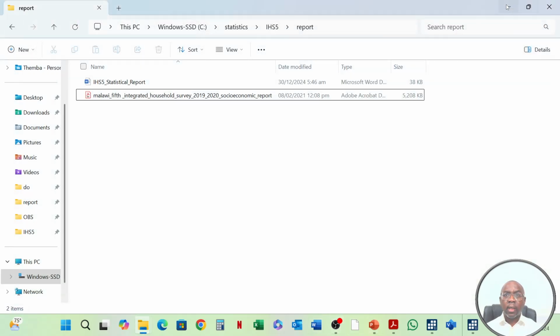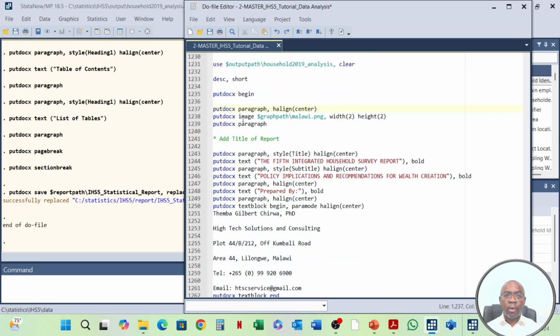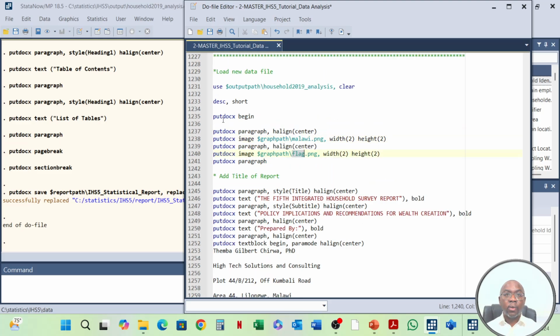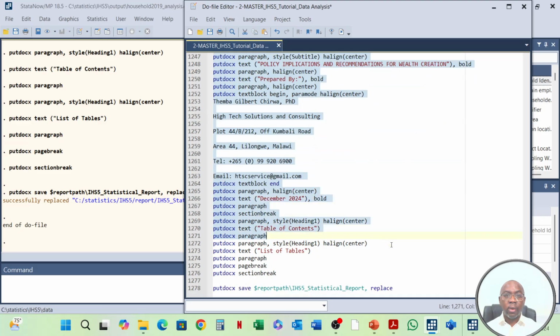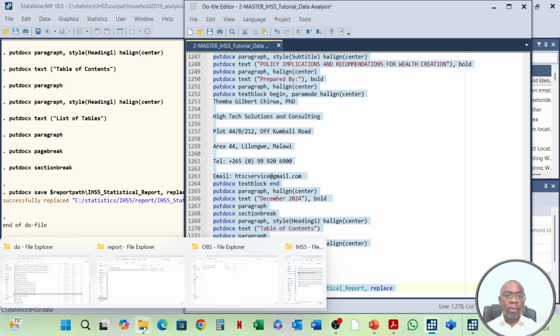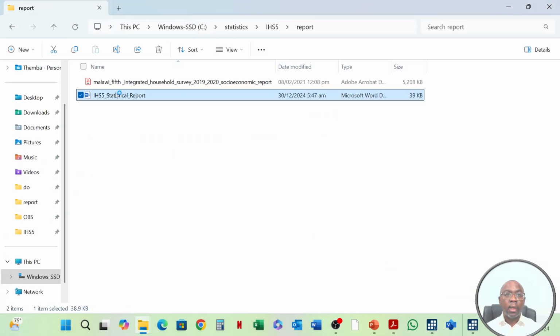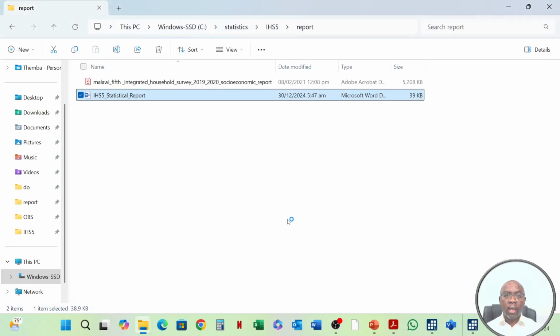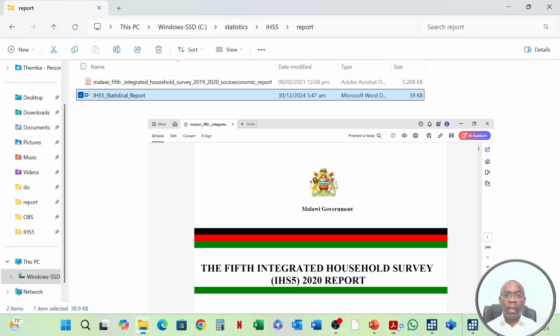For instance, if you go back to this report, I can now take this, because I do also have other images that I can put, and then call this flag, and then we can also run it because it's closed, no problem there. And then it should replace that, because I just want to make sure that it's replaced. And then if I open it, I see this is not good. I can go back to my report and then also